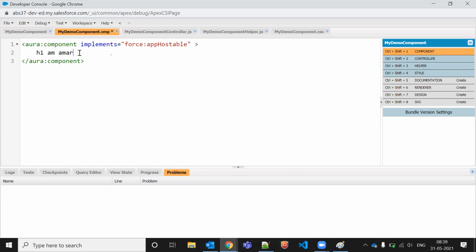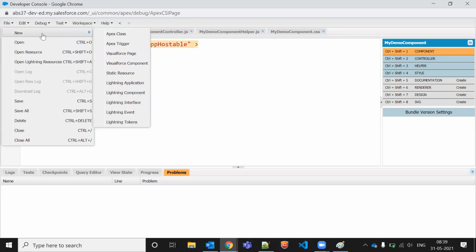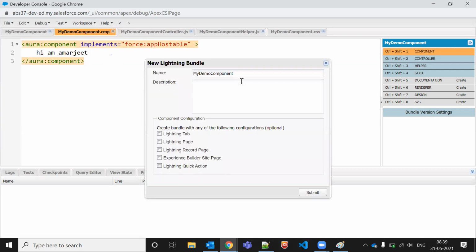Force.app hostable means that we are implementing it. As you know, if we are creating a new Lightning component, let me show you. If I'm going to create a new Lightning component and I'm making it true, this is coming from there. If I want to deploy, if I want to use that thing in the tab only, that is app hostable.